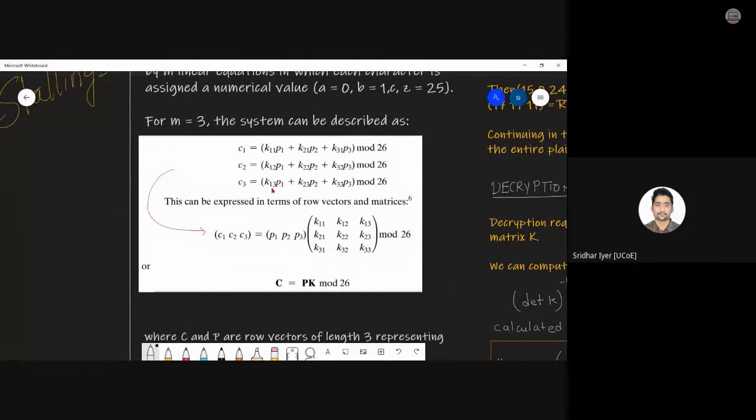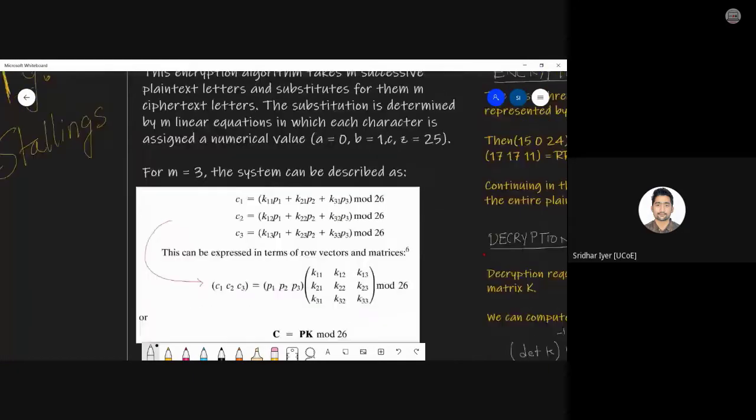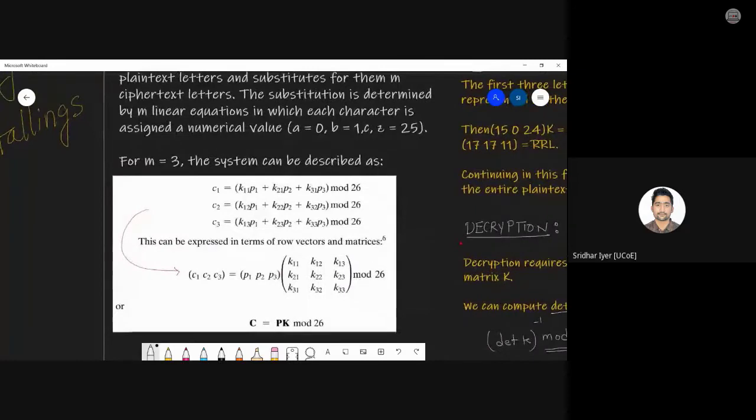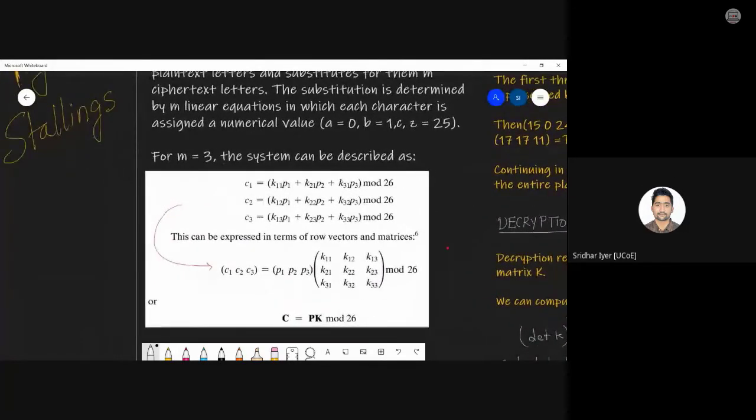We came to know that it consists of this particular expression where K1 is nothing but the first element of the key, P1 is nothing but the first element of the plain text, and so on. We also came to know that the key has to be of a multiple of the plain text. For example, if the plain text size is 12, and if the key is of size 3 by 3, then we need four such parts of that key to encrypt the plain text.